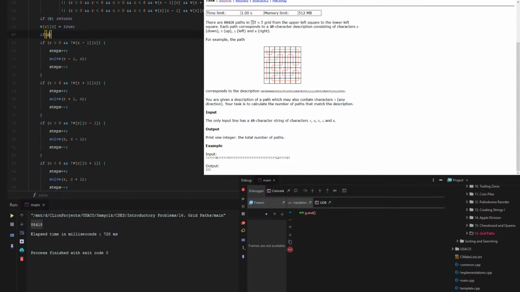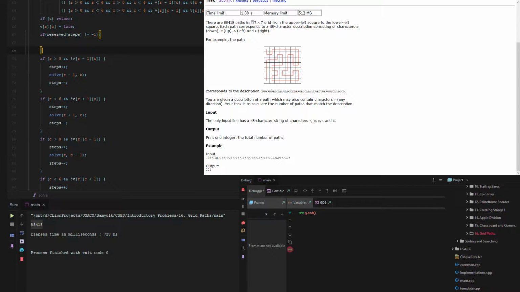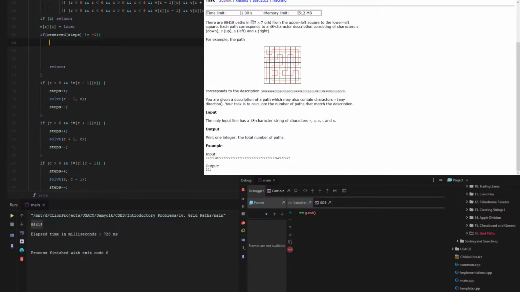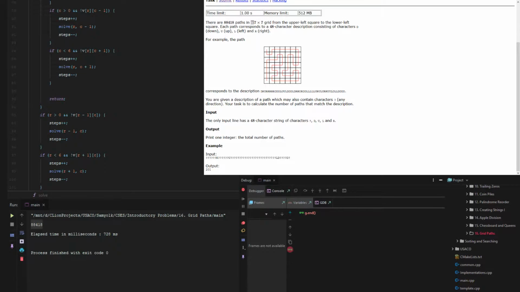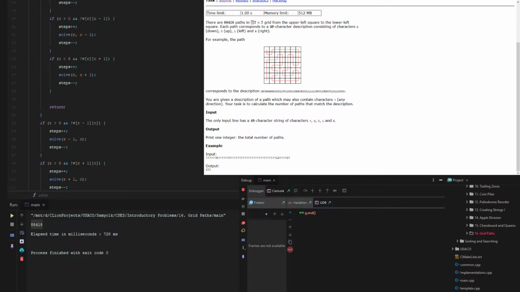if reserved steps does not equal -1, then at the end we're just going to return early. Okay. So if it does not equal -1, then you know what, we're just going to copy all down left. We're just going to copy all this and just add some steps. So if reserved steps equals 1 and reserved, okay, so this is the if reserved steps,